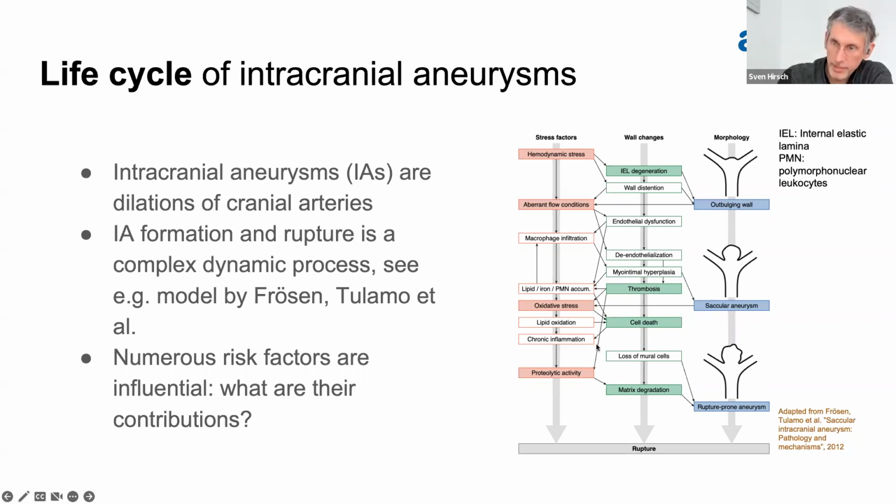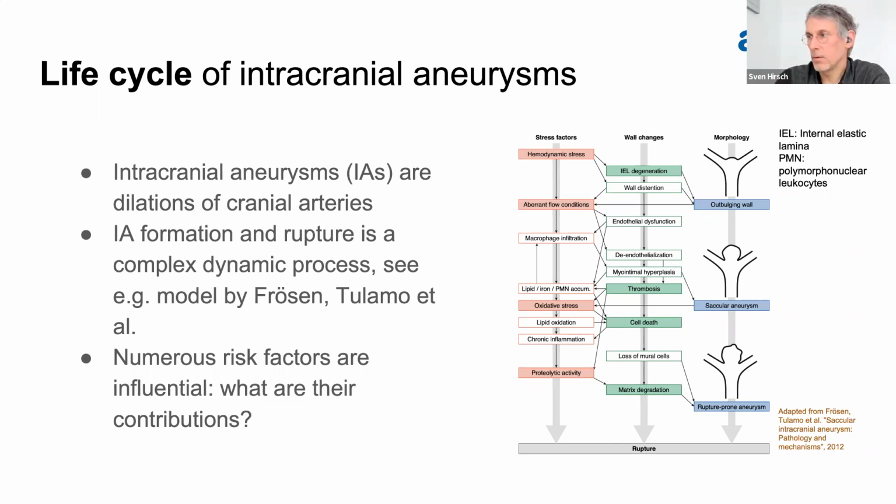And these wall changes in the end are then, that's what we see macroscopically in first outbulging of the blood vessel, and then at first they're small, and then they're bigger, and eventually they get more and more features, which is shown here, that they get little blebs and so forth, and then that's where for the clinicians, that's where the alarm clock strikes. If they see something like that, they always think like, this doesn't look really good. So here, sooner or later, we'll have to operate.